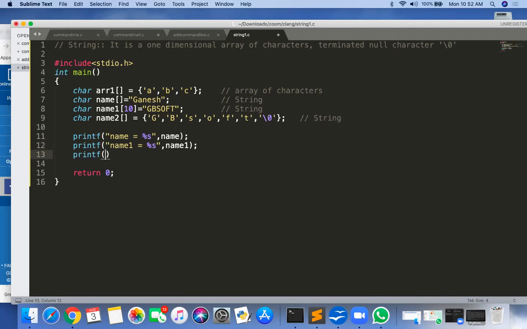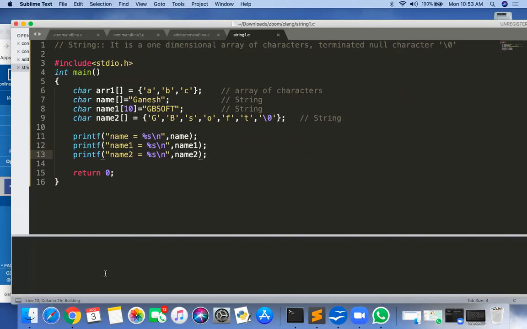Same thing you can do with name2: printf("name2 is equal to %s", name2). It should end with a \n. Control B. If I run this program, then first name Ganesh, JBsoft and JBsoft.